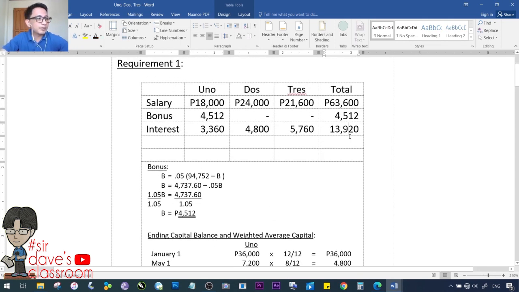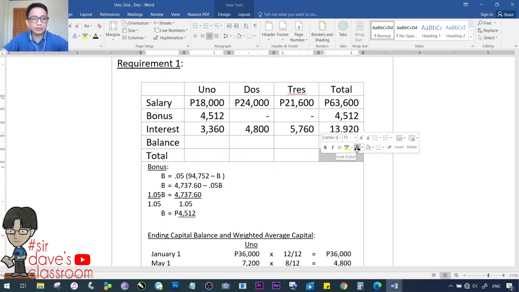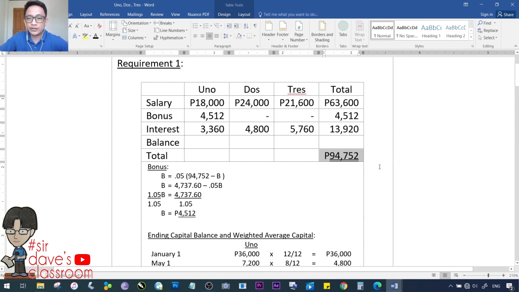13,920. Ano pa bang ibang provision na natitira? Wala na bukod dun sa balance. Okay? Syempre, naisulat mo na kung ilan yung total income dito. It is given in the problem to be 94,752. Sunod, i-deduct mo tong tatlong to kung ilan man yung result, siya yung isusulat mo dito. Which is, how much? It is 12,720, could you please check? And that balance, according to the problem, must be divided